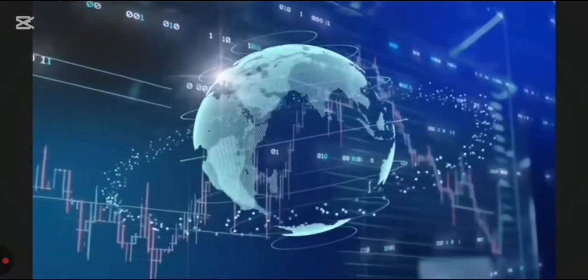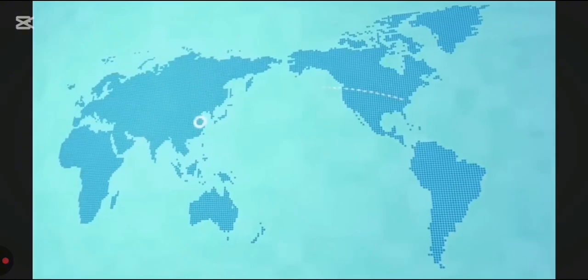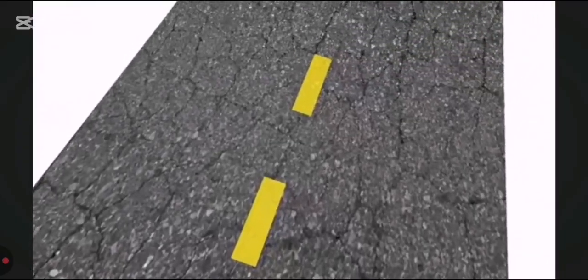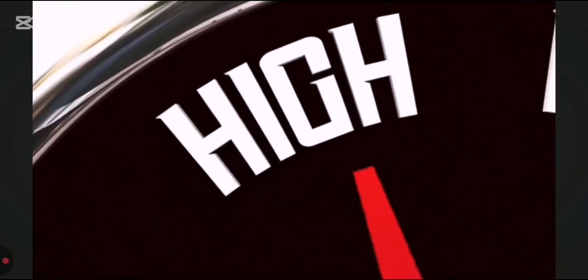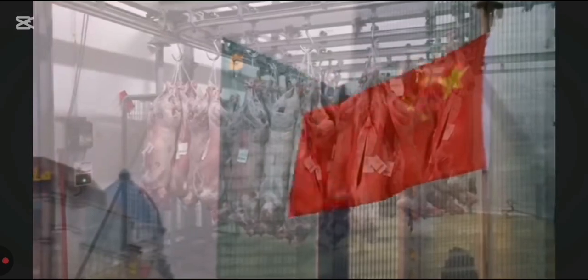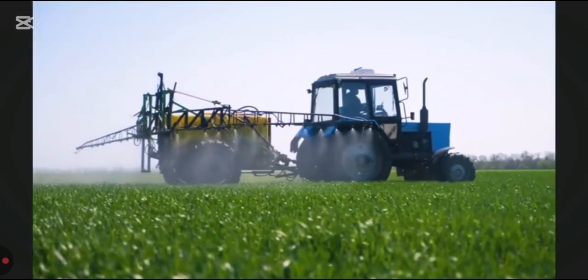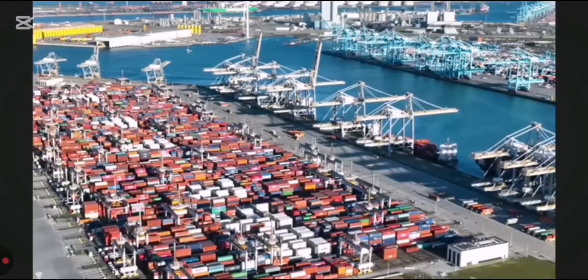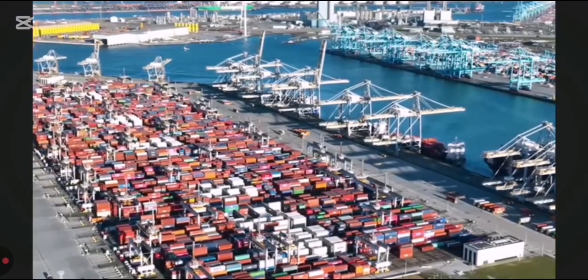economic dominance, and the shifting balance of geopolitical forces. The game has changed, and the stakes have never been higher. In 2024, China consumed an eye-popping 10.6 million tons of beef, according to the OECD FAO Agricultural Outlook. Nearly 25% of that came from imports, with the United States once dominating this trade.